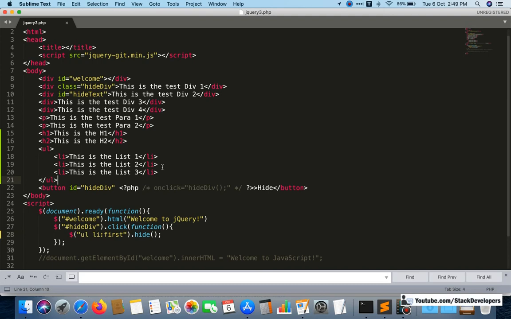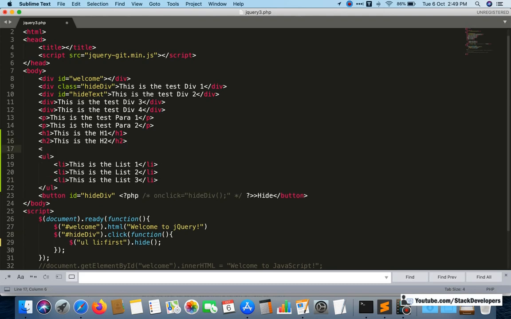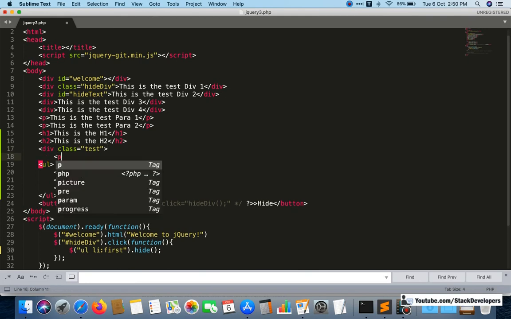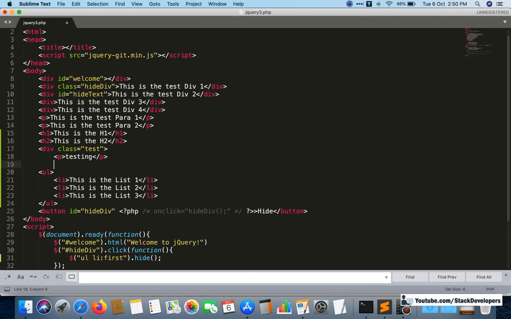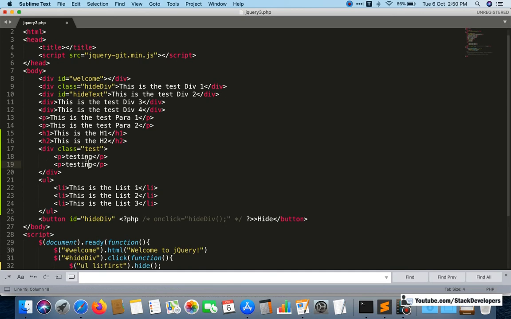Suppose you have one more div which has some class. You can pick the class name like test, and inside this div there is one p tag, and the p tag will say testing. Now you want to remove this p tag. There are two, you can give here testing 1 and testing 2.